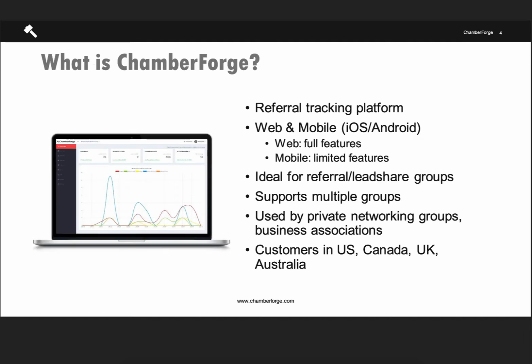So ChamberForge, as you are probably aware, is a referral tracking platform. It comes in different formats. So it is available as a website at www.chamberforge.com. It is also available as a native mobile apps on iOS and Android. The web version has full features from creating and managing a group to sharing referrals, sharing one-to-ones, or